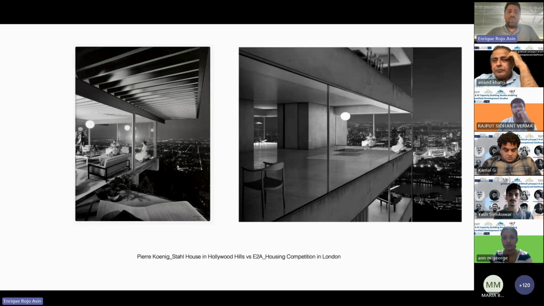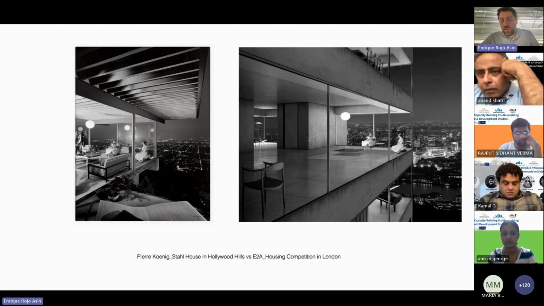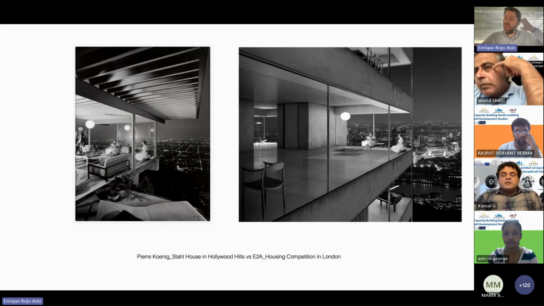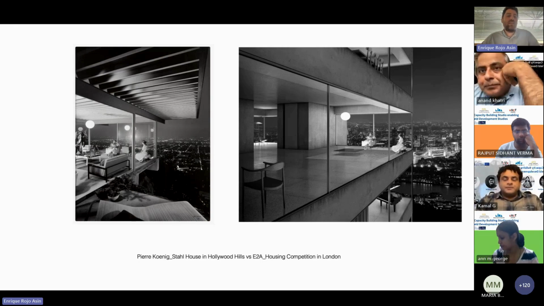As you see, for example, these are examples of collages, but they are done digitally, with architectural intelligence, by A2A, Swiss architects based in Zurich. They have this kind of knowledge: it's Pierre Koenig, a mythic house in Hollywood Hills, and they do some apartments in London for a competition, but in the end they are somehow imitating, reinterpreting that style and also the image.